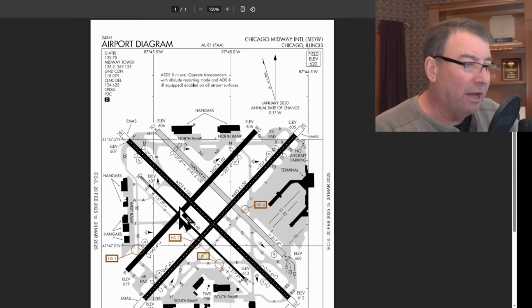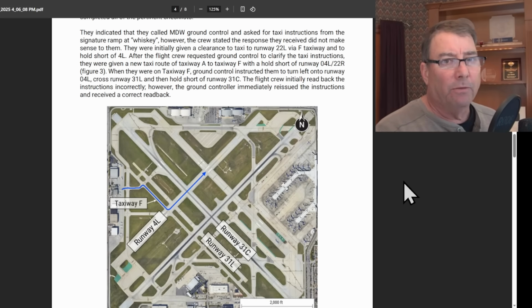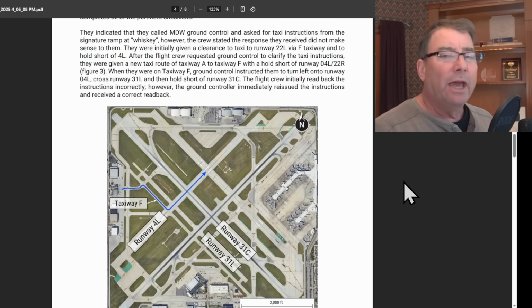In order to do this, they got to eventually cross runway 1-3 center or 3-1 center, located right here, and they're going to do this via taxiing down runway 4 left. So while at the ramp at Signature, FlexJet got their initial taxi instructions. They were confused by those instructions and did the right thing by just staying in place, getting those instructions clarified